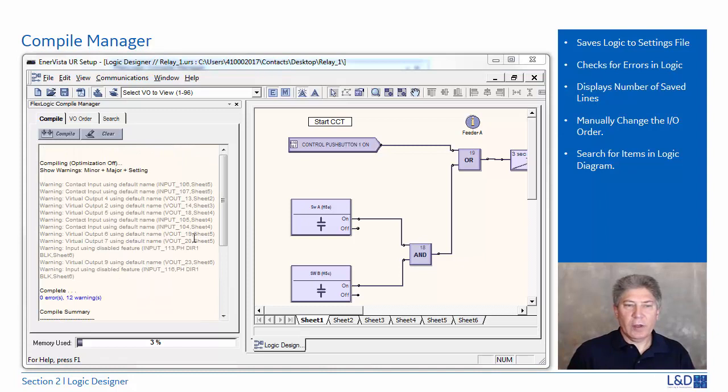We can also go ahead and clear the message screen by selecting the clear, and then this will clear the screen out completely. One of the other things that we can also